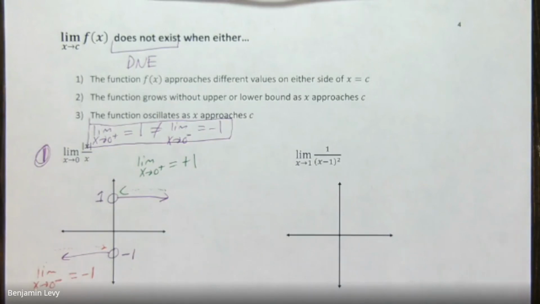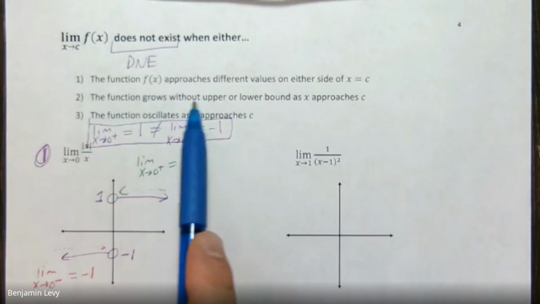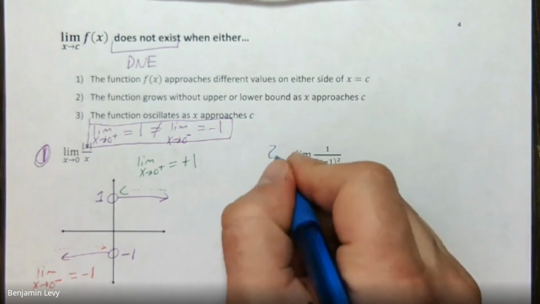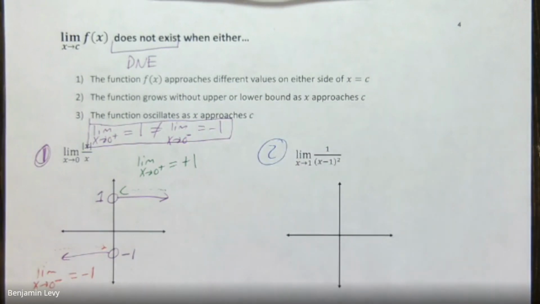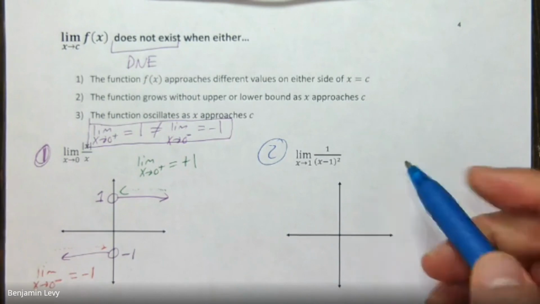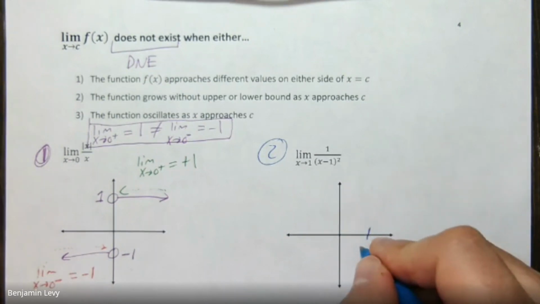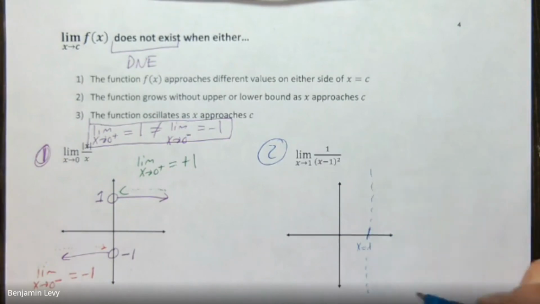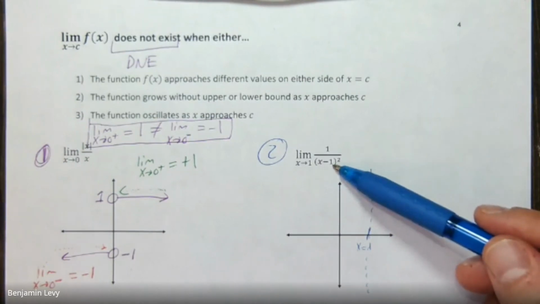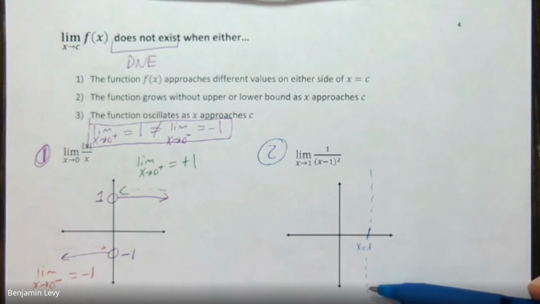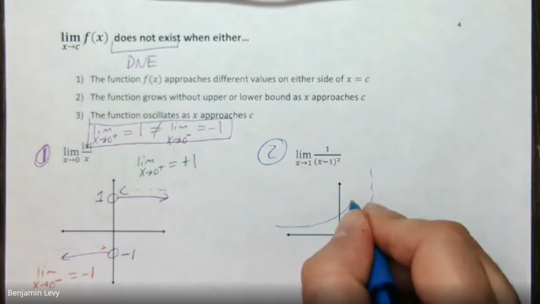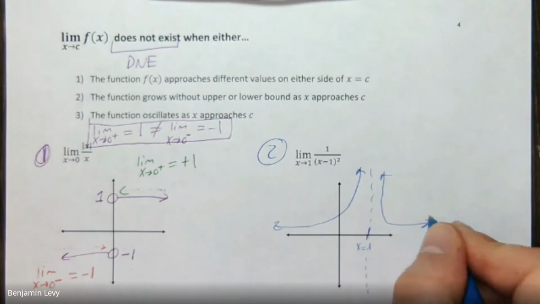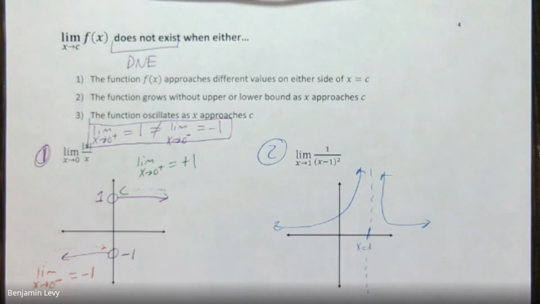The second thing that might happen, number 2, is the function might grow without upper or lower bound at that point. So the second one is an example of number 2. Let me go ahead and graph that for you. It turns out there's an asymptote at x equals 1. So think back to some of your pre-calc stuff. This is what I do, at least at the end of pre-calc, because we talk about asymptotes, right? There's a 0 in the bottom at x equals 1. That means there's a vertical asymptote there. And so the graph ends up looking like this. It explodes up to infinity at that point from either side. That's what I get when I